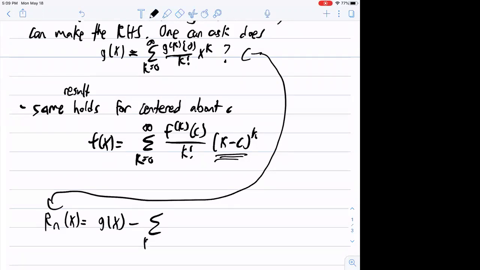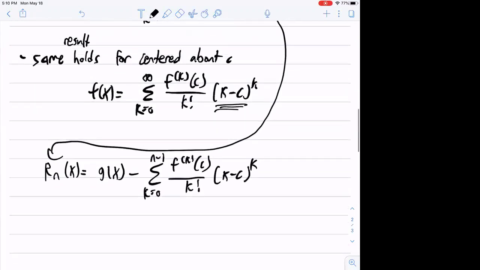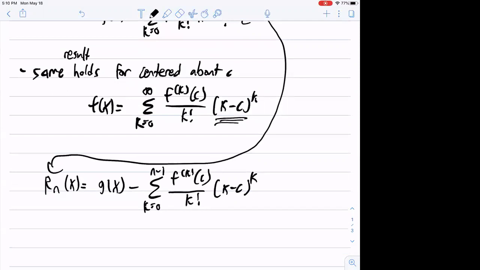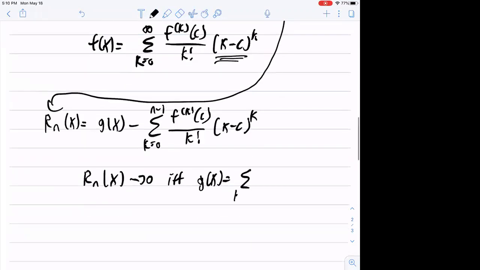Let's center it arbitrarily. So I take the partial sum up to the n minus 1 term, and I consider the difference. And if Rn of x goes to 0, I guess you could say if and only if, g of x is equal to the sum